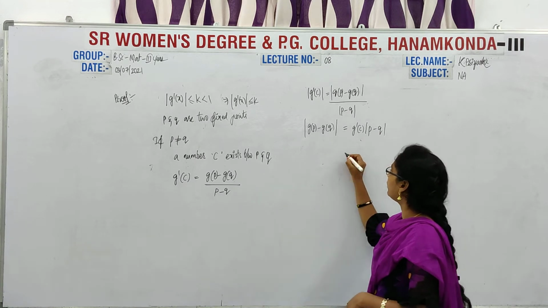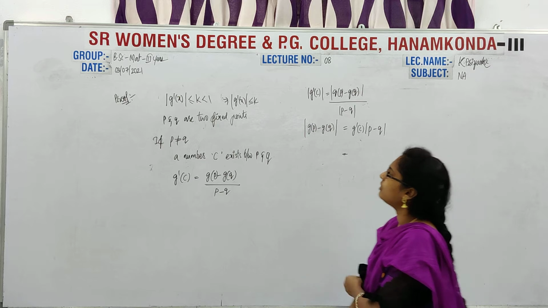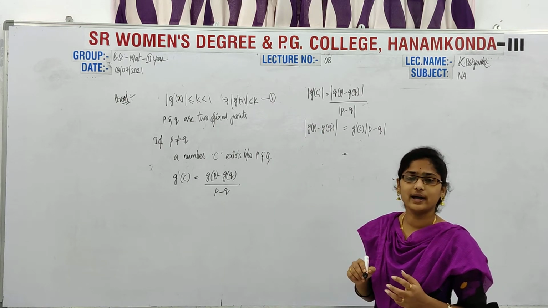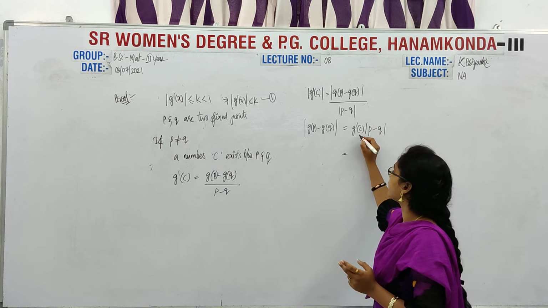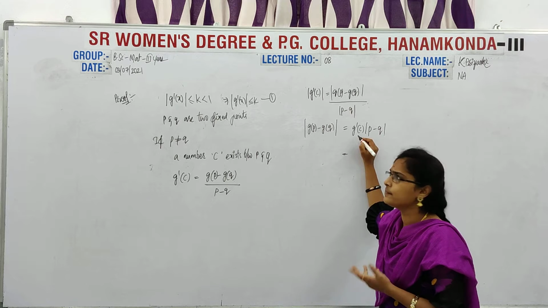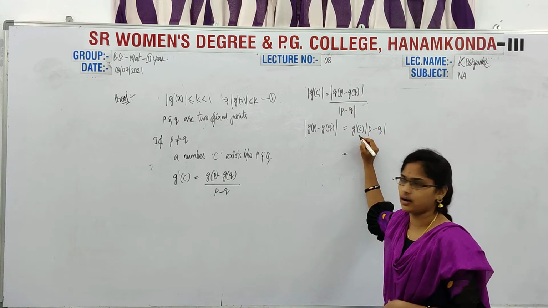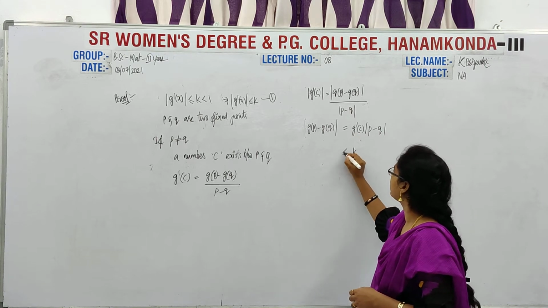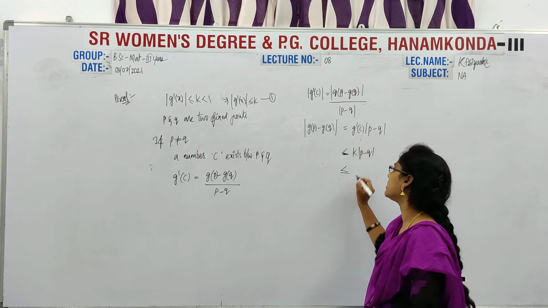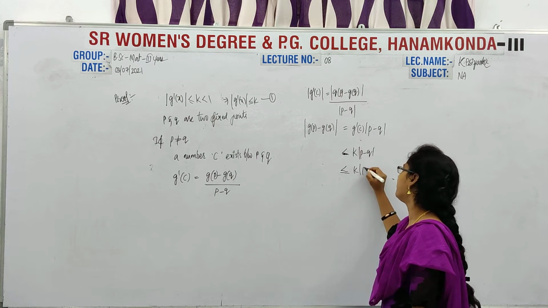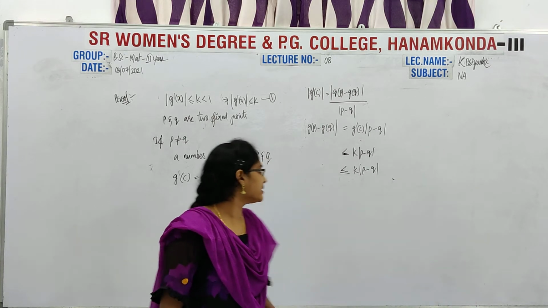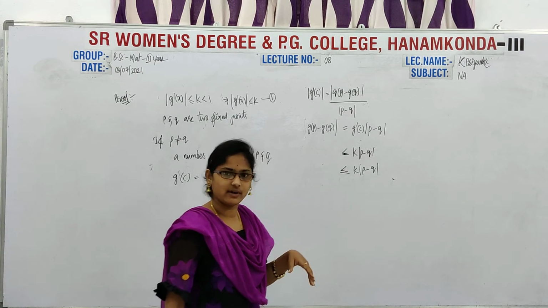So now, according to the condition, I am taking this as equation number 1. So modulus of g dash of x is less than or equal to k. Then what is the value of g dash of c? It is also less than or equal to k, because x is nothing but any number. So now it is k times modulus of p minus q. Strictly I am writing k of modulus p minus q. Okay. So now here, where k is less than 1, right?